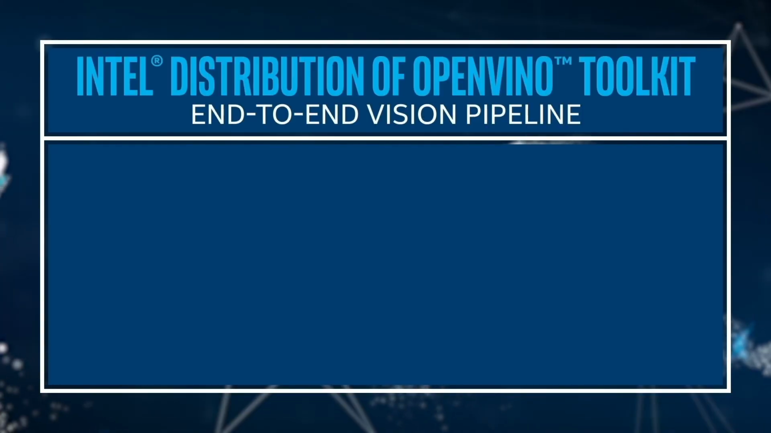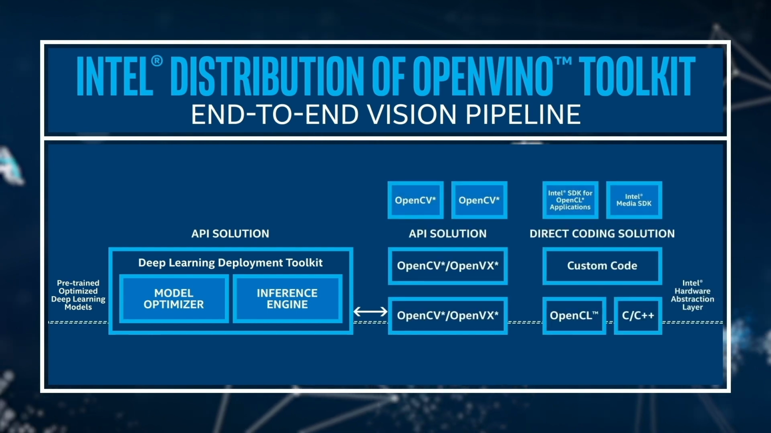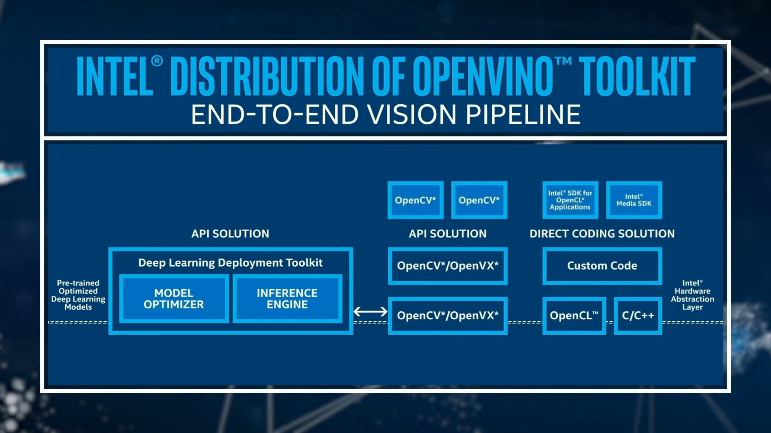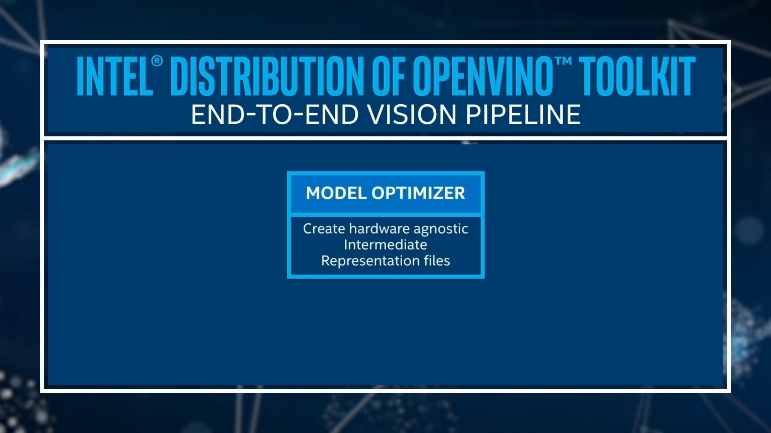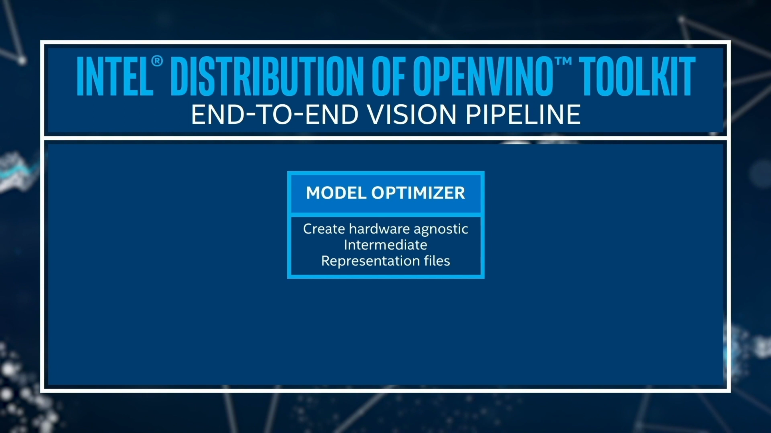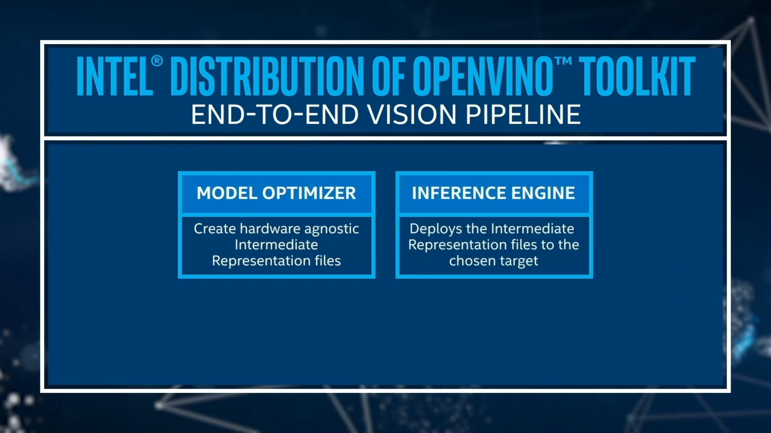The input to the deployment process is the trained model, which is a frozen graph. We begin by introducing the capabilities of the Intel Distribution of OpenVINO Toolkit. The two main components that are addressed are Model Optimizer and Inference Engine. The Model Optimizer is used to create hardware-agnostic intermediate representation files, and the Inference Engine deploys these intermediate representation files